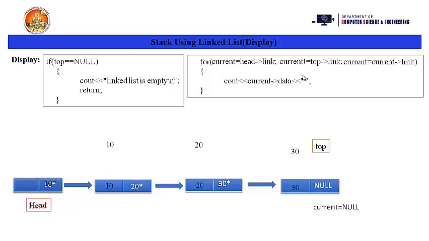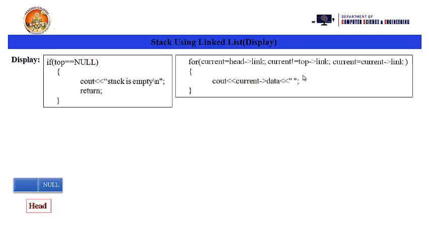Okay, so like this we can print the values. Suppose the stack consists of null elements, meaning it does not consist of any elements, then how do we print the values? This is the case: head node link part is null, and we need to check the condition if top equal to null. So what is the top value? If the head node link part is null, what is the top value? Null only. So if top equal null, we need to print the statement stack is empty. Why? Because it does not consist of any elements. So in that case, we need to print the statement stack is empty.